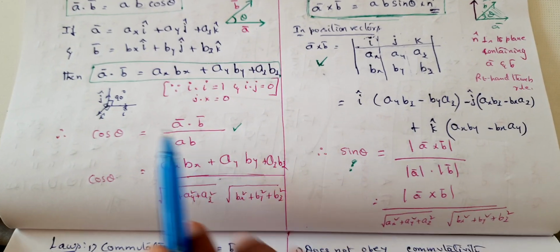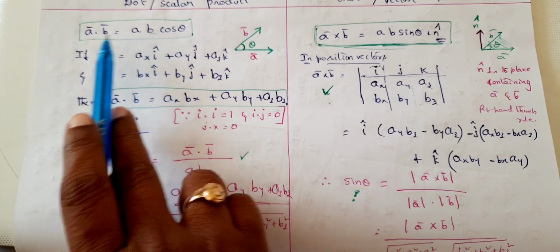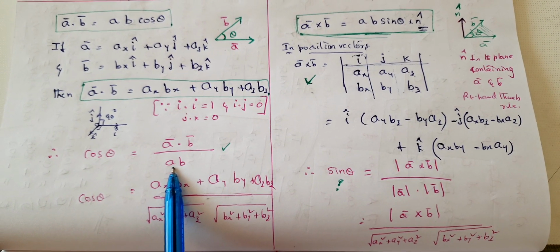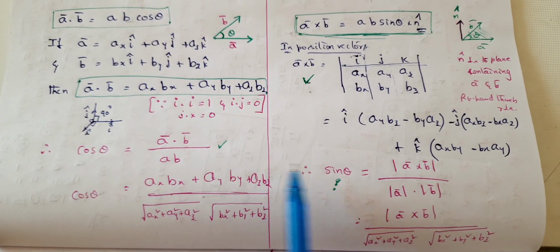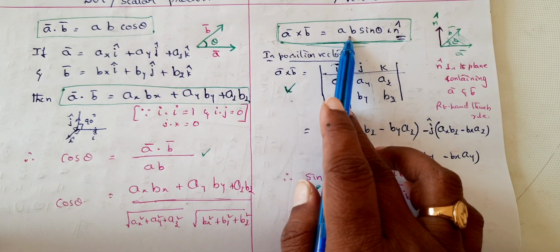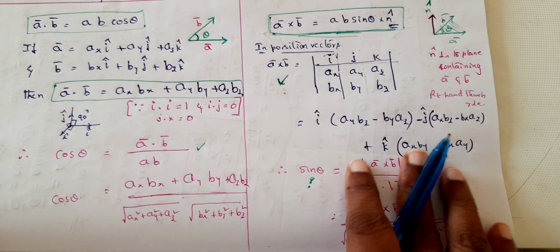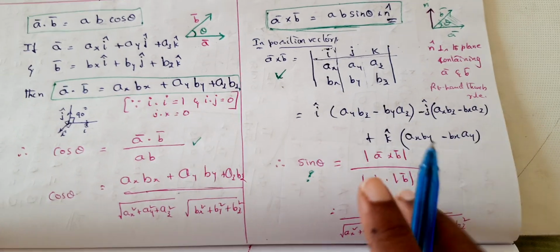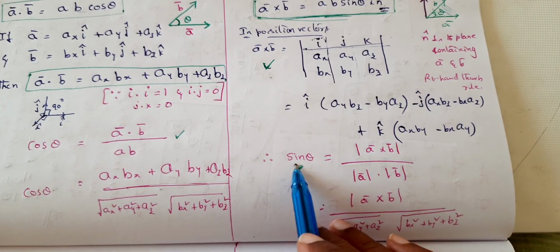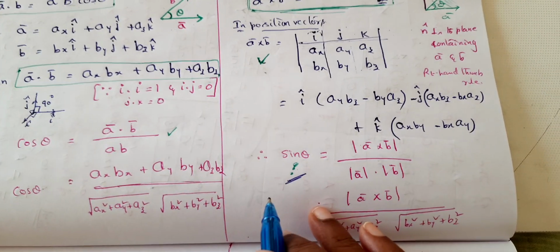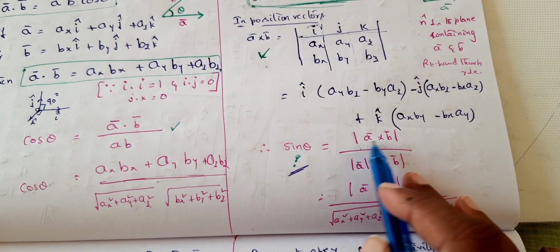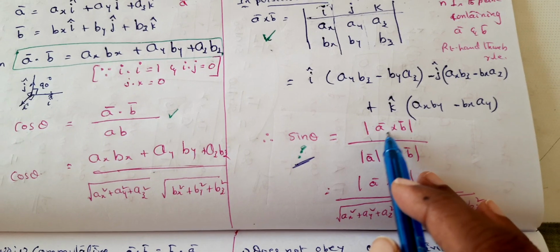Okay, right. So now from the definition here, cos theta is equal to a bar dot b bar by ab, because it is a scalar quantity. Now if we want sin theta, it is equal to a bar cross b bar by ab. So you may say a bar cross b bar is a vector quantity, so therefore we are going to get a vector. How can a vector be equated to a scalar? So we are taking the magnitude of a bar cross b bar. What is the magnitude of a bar cross b bar?